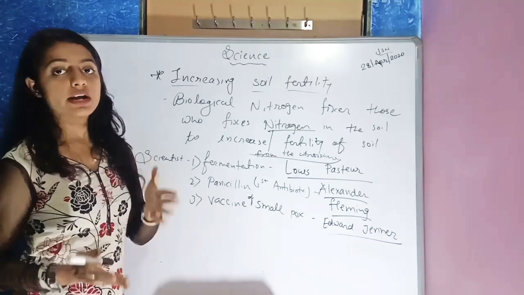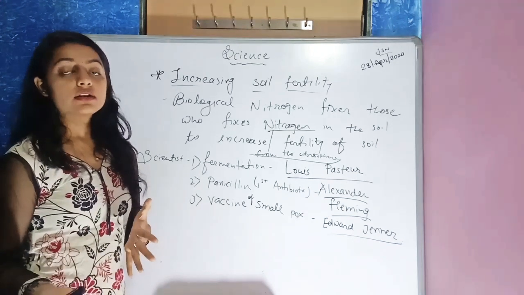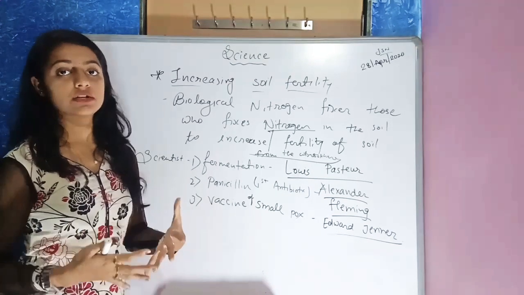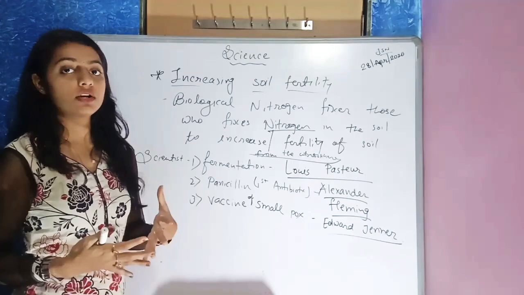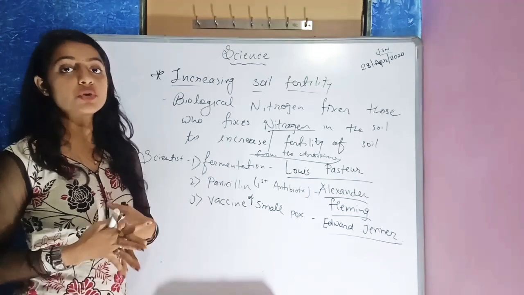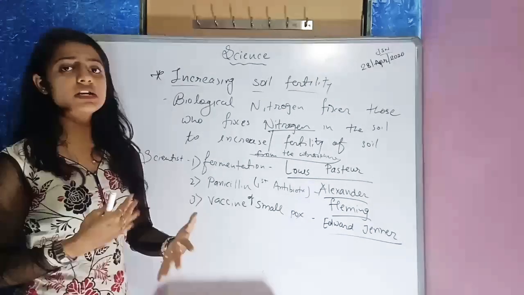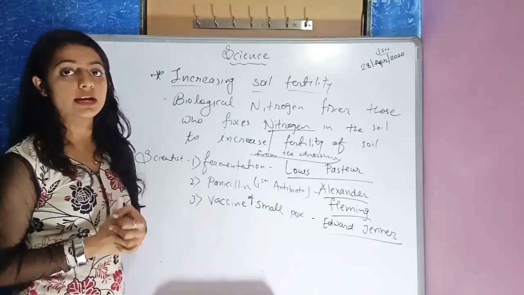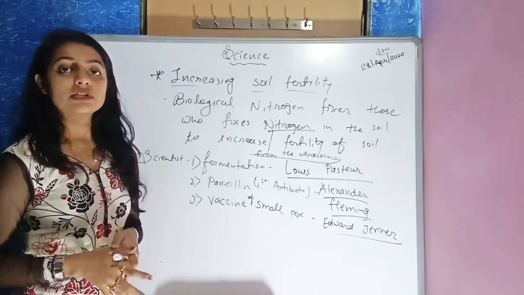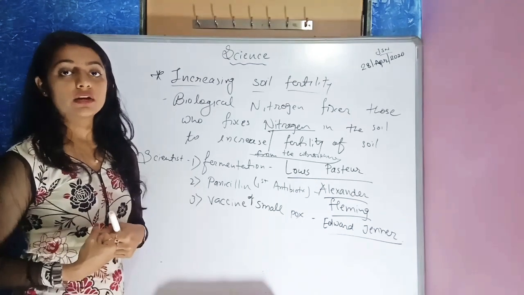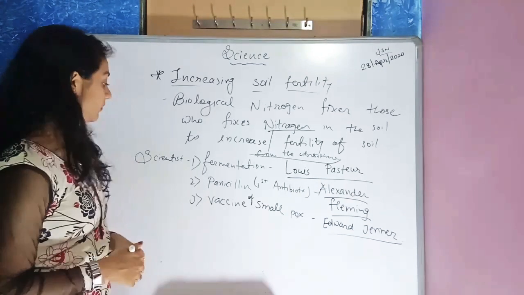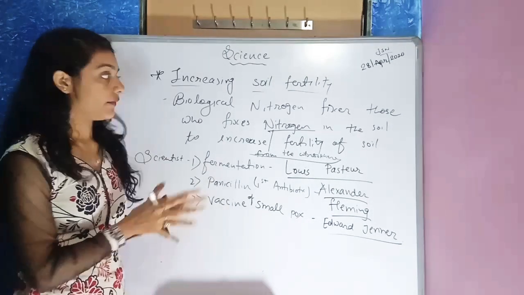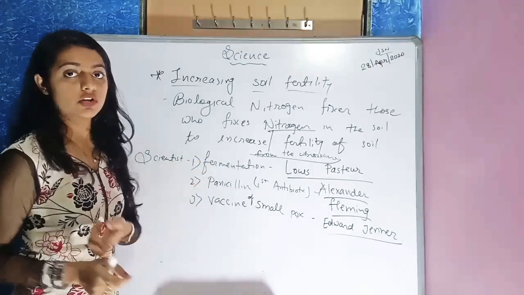soil fertility. Rhizobium bacteria will also take minerals and water from the soil. मतलब कि they have a symbiosis relationship. In 7th standard you have learned symbiosis means that is one type of nutrition. Symbiosis means they are giving and taking. उसके बदले में राइजोबियम उसका जो मिनरल वाटर होगा वो ले लेंगे और वो क्या देंगे? नाइट्रोजन टू द सॉइल, and that nitrogen from the soil will be directly taken by the plants, by the roots.